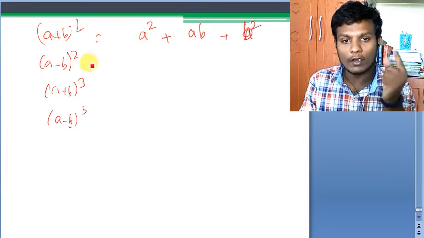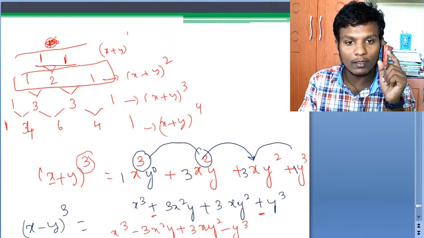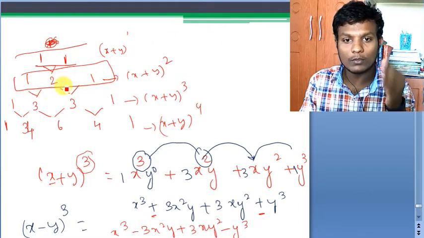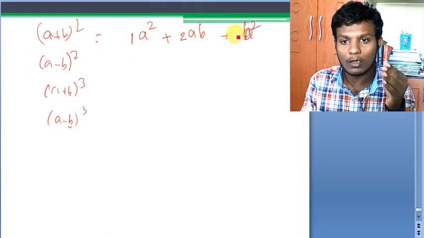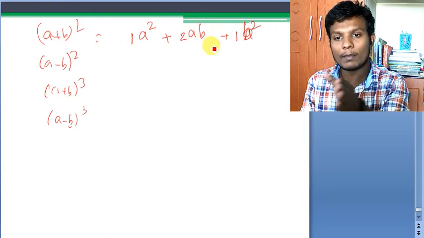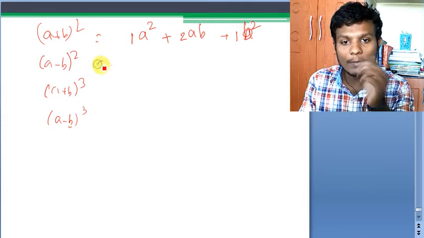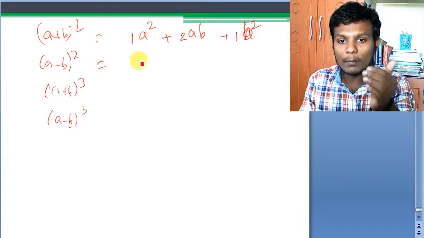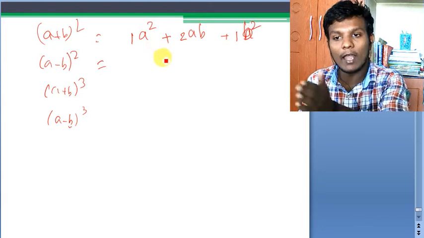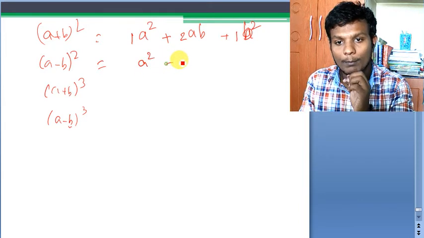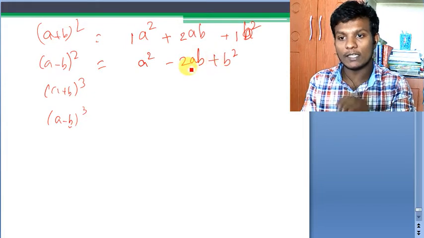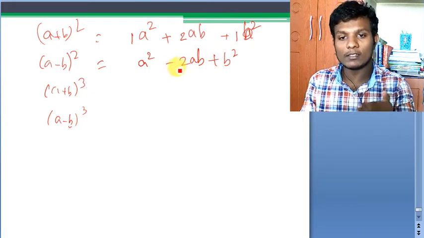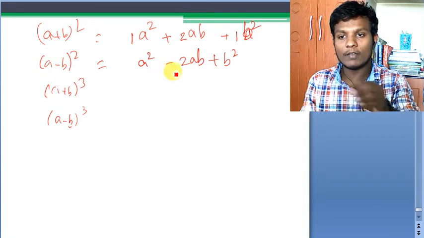Now the coefficients. Go to the second line here: 1, 2, 1. These are the coefficients. Let me write 1 here, 2 here and 1 here. That becomes a square plus 2ab plus b square. If I want a minus b whole square, what will I do? In the a plus b whole square expansion, alternately I have minuses. So a square minus 2ab plus b square. I will advise you not to change the order. Once it is changed, everything will go wrong.